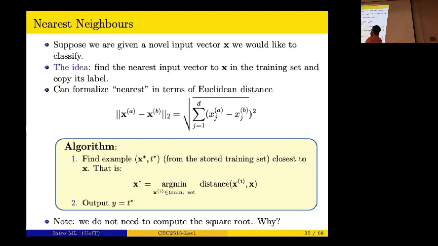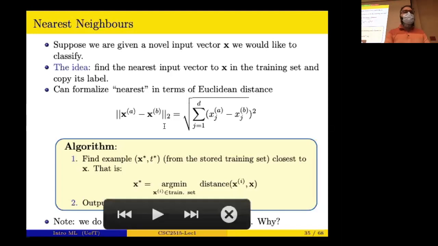And the way we can do it, there are different ways, but one of them is through computing the Euclidean distance, which basically says that the Euclidean distance between xa and xb, 2 points, is the square root of the summation over each of the dimensions xj, dimension j, from j equal to 1 to d, between a and b, and then take the squared value of it, sum all of them, and then take the square root of it. So that would be our distance.